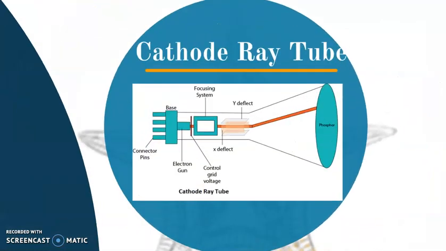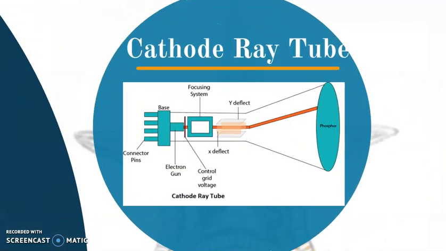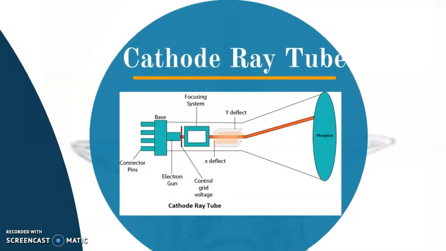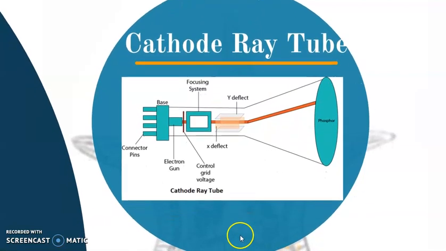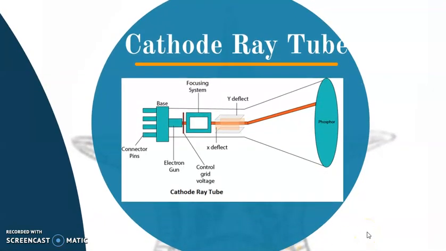We move on to the internal working of a monitor. That's CRT, the cathode ray tube. That's the most basic fundamental of displaying an image that you need to understand. The internal functioning of CRT, the block diagram, is being shown here. This you would have done in your physics lectures in school or college. We are just brushing up the concept of cathode ray tube.